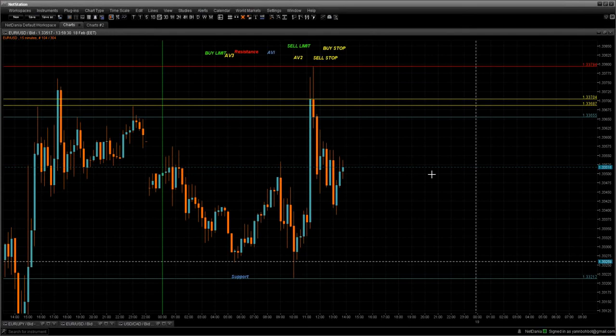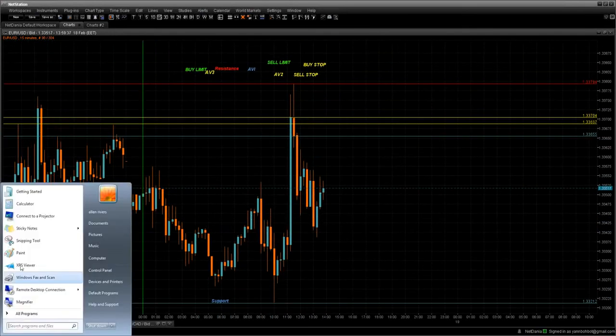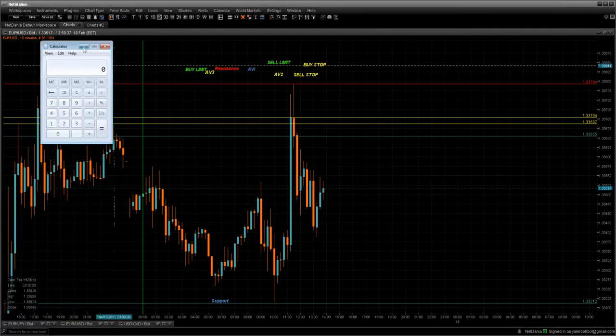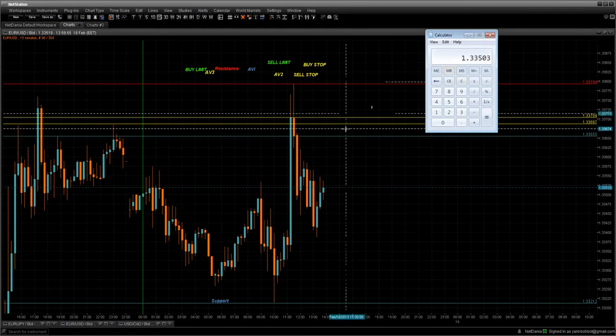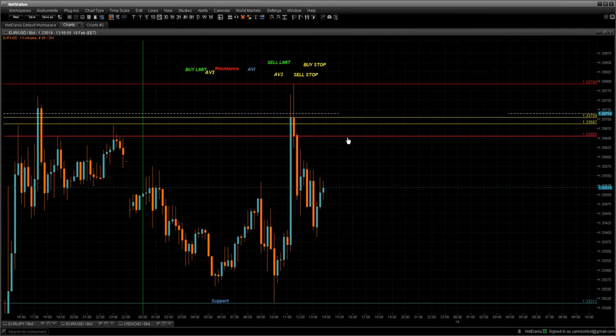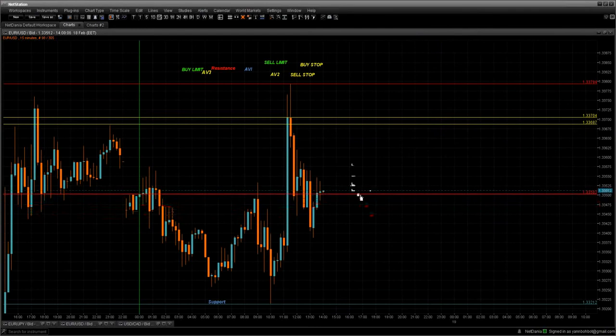Okay, let's set up all our lines. So I have my resistance, I have my support. Let's calculate everything. So if my resistance is at 1.33794, 1.33794 plus 1.33212 divided by 2, and you have 1.33503. So let's put it at 1.33503. Okay, this is my average